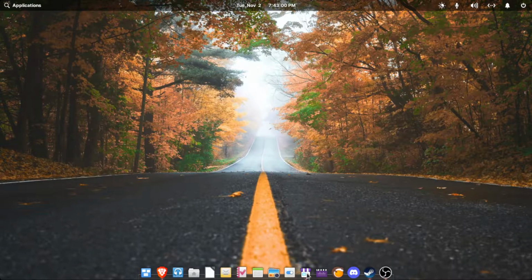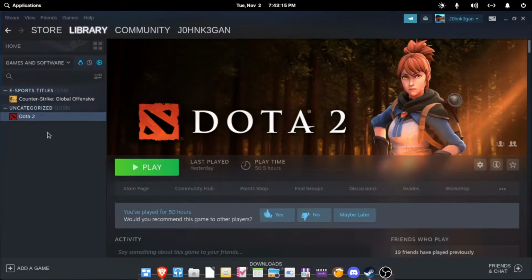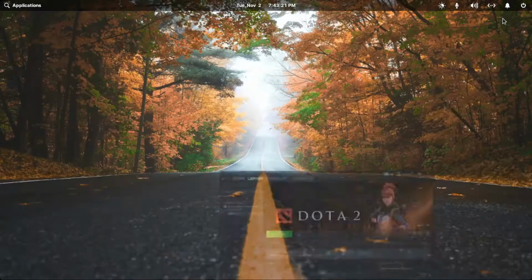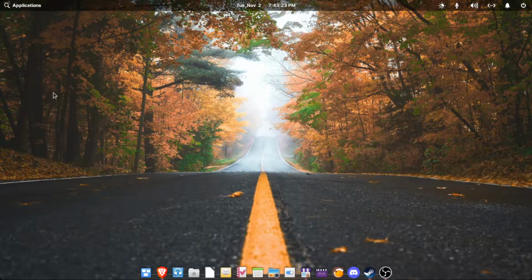Overall thoughts for being at this point five days of using Elementary OS. This top part, I like it, but I also despise how, for some reason, CSGO doesn't open up all the way in full screen, but Dota 2 will. And that annoys me.